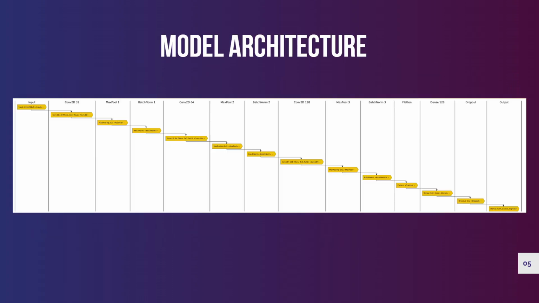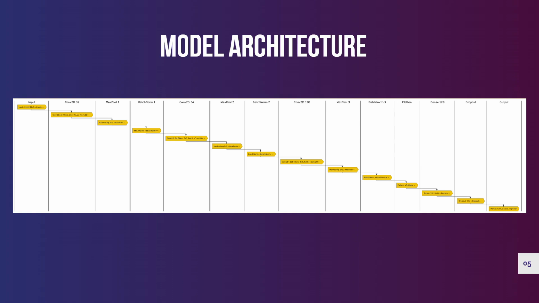Our classification model is built using a sequential convolutional neural network architecture. It starts with a Conv2D layer with 32 filters and a 3x3 kernel, followed by max pooling and batch normalization to stabilize training. This pattern repeats with 64 filters and again with 128 filters, each time increasing feature complexity while reducing